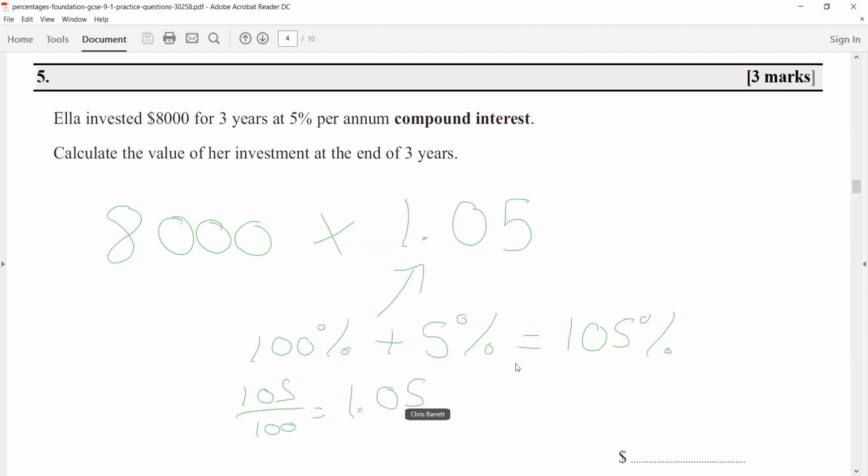What I'm then going to do is put a little 3 to the power. Okay, so the power of 3. What that represents is 3 years. If I wanted 4 years, I'd do it to the power of 4. If I wanted 10 years, to the power of 10, and so on. Okay, but what happens then is rather than you having to do year on year on year and keep working it out, by going to the power of the number of years with your multiplier, it works it out for you. Jobs are good, and let the calculator do all the work. Okay, so 1.05 to the power of 3 equals